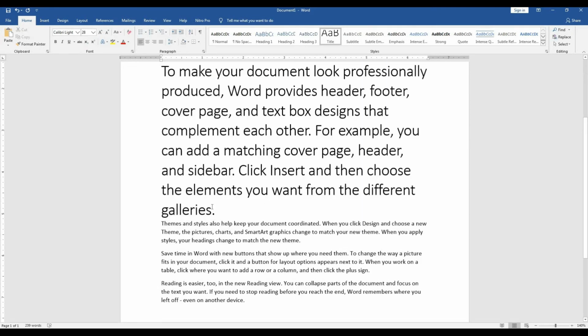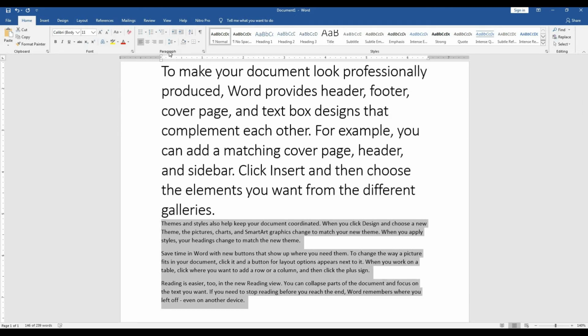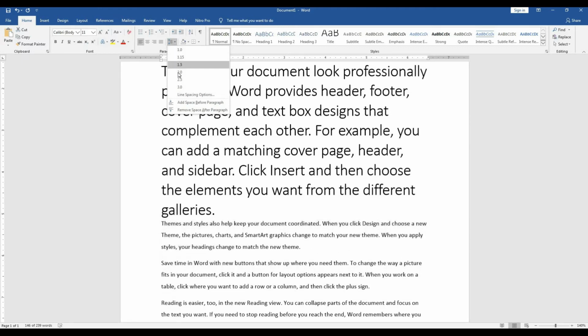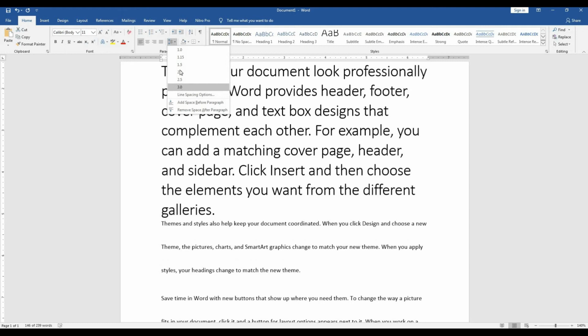Now students, we are going to change the line spacing in selected part of document. For example, I am going to select the last 3 paragraphs of my text. Now in paragraph group of home tab, you can see the line and paragraph spacing. Click on it. Here you can see the different measurements of line spacing.